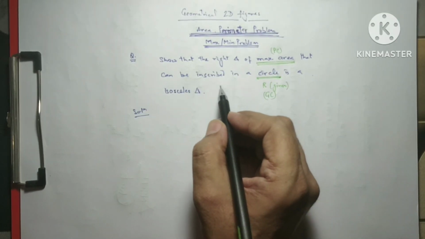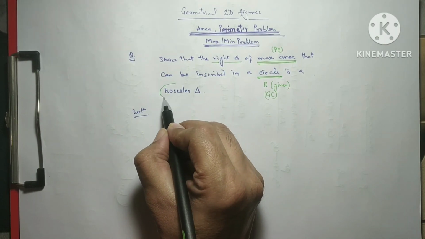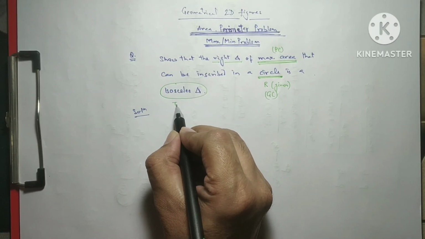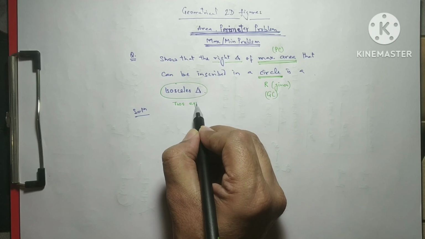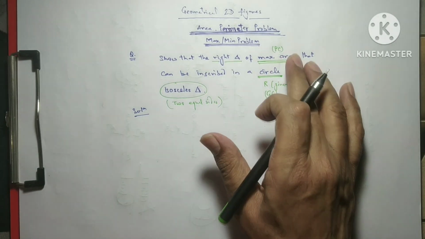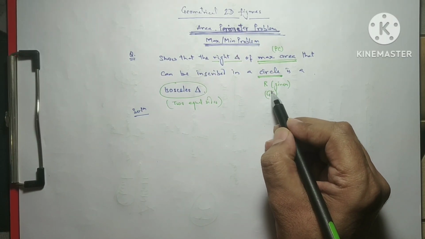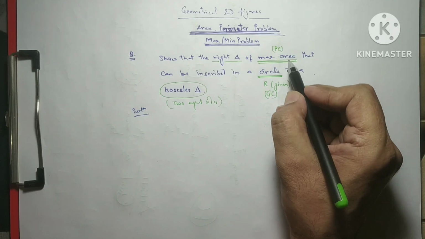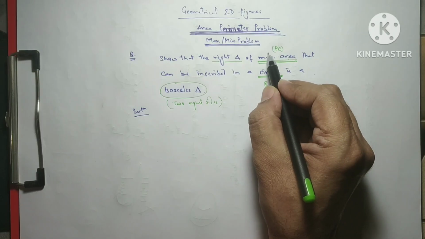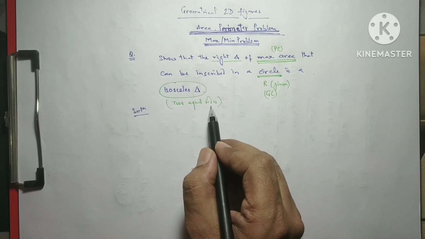And we want to prove this right triangle should be an isosceles triangle, meaning two sides are equal. So we have these three. We will start with the given condition, and according to this we will find the area, and on applying the second derivative test we will show it is maximum, and the intermediate condition, two sides of this triangle should be equal.